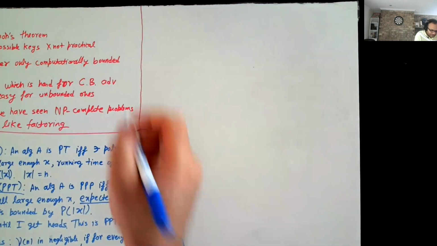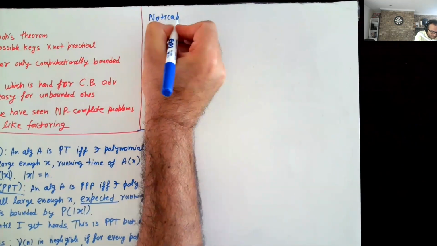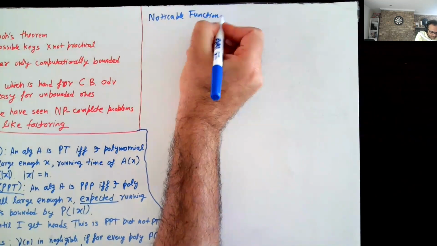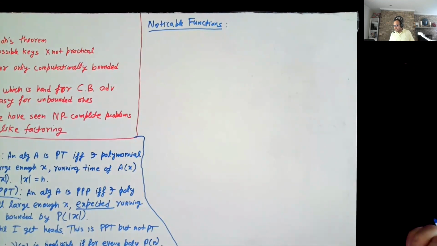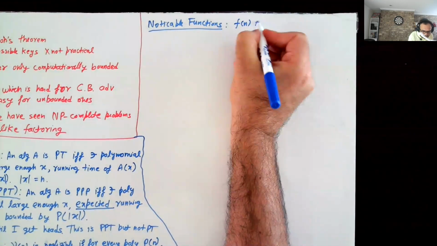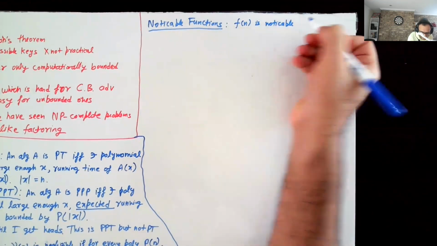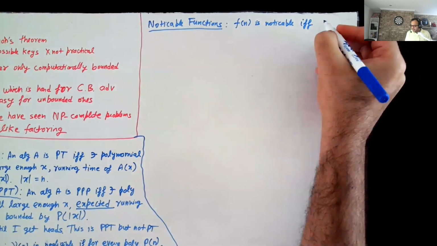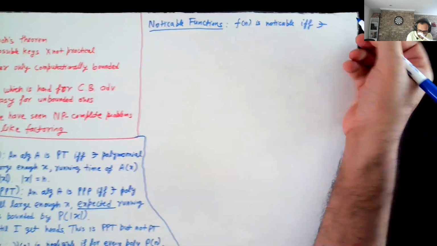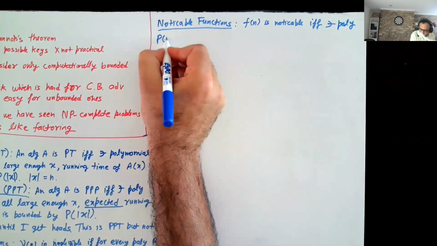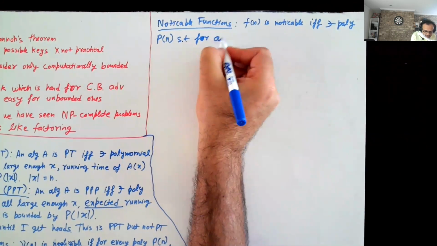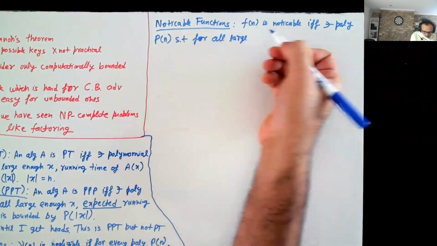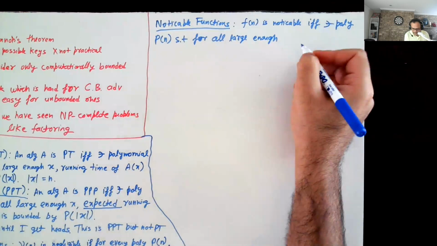And then finally, let me introduce noticeable functions. So these are functions which may be small, but not necessarily exponentially small. So a function f of n is noticeable if and only if there exists a polynomial, let's call this polynomial p of n, such that for all large enough n,